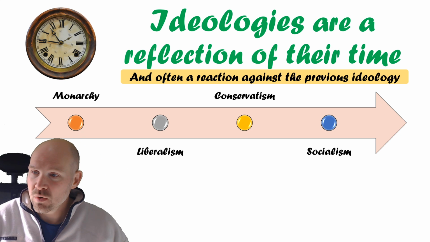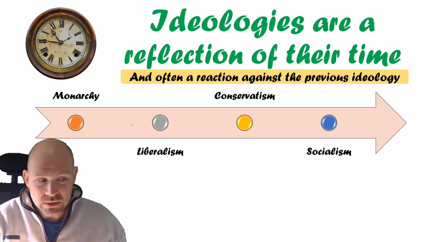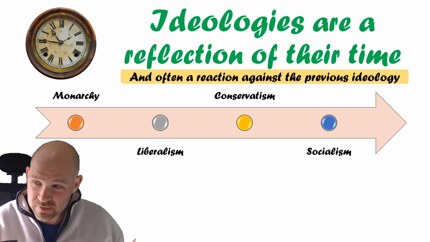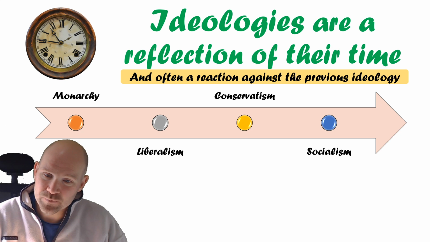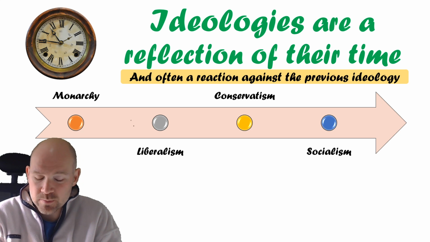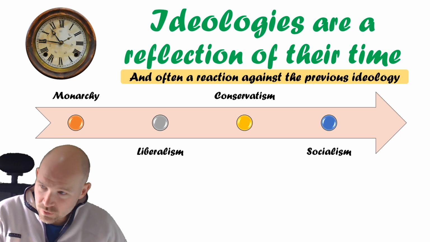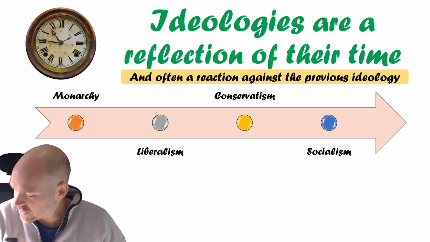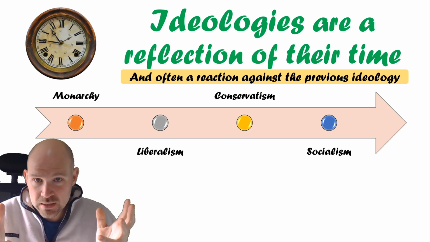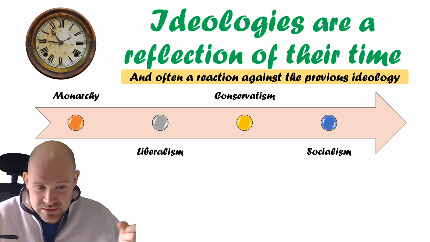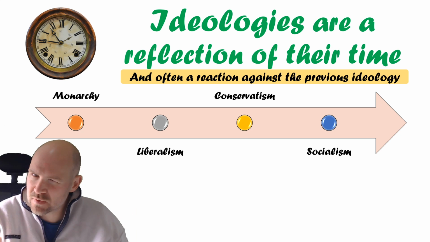Then later we get socialism, which rises up as a counter to capitalism and free markets. It also rises up again as a rebellion against some of the remaining dictators that are around. And then you've got key thinkers like Marx and various others, which we'll be looking at in the future. And socialism argues that we are a collective, that we should exist in relationship with one another. And I know you might be thinking already, well, hang on a minute, conservatives say similar things.